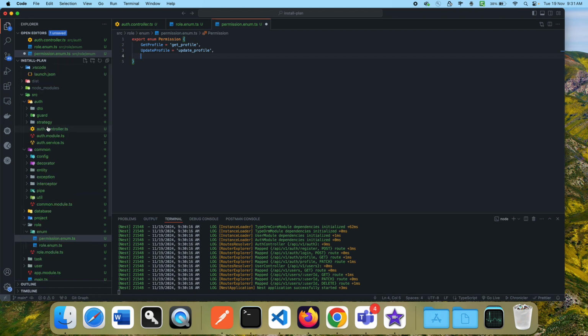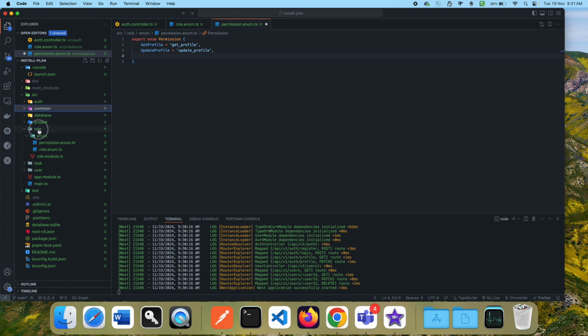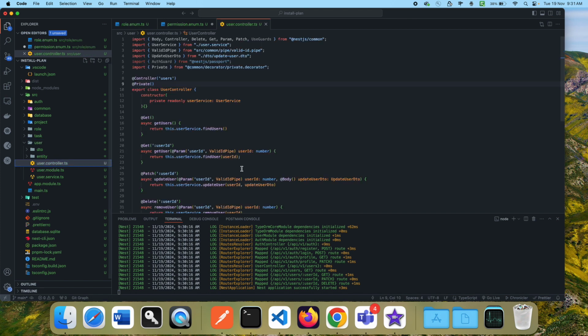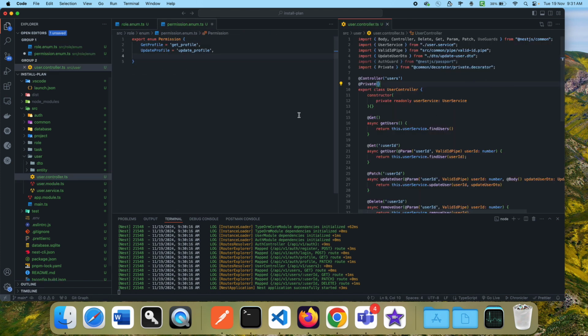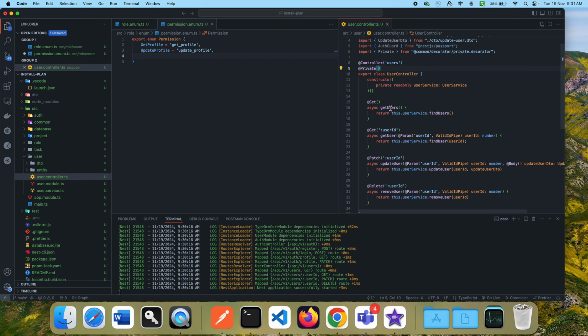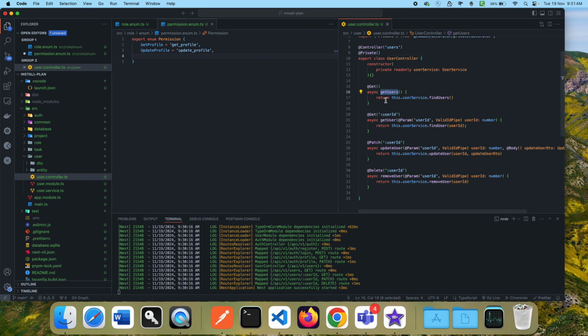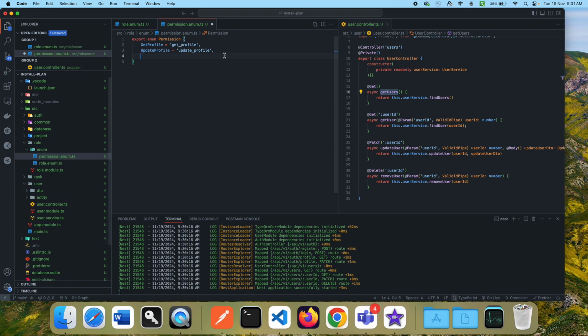for users, we have created some endpoints, so let's protect those endpoints as well. I'll keep it on the side so that I can see all of them together. So we have get users, so I'm going to write it here, GET_USERS, keeping GET in caps, and on the right side I can write get_users, and then